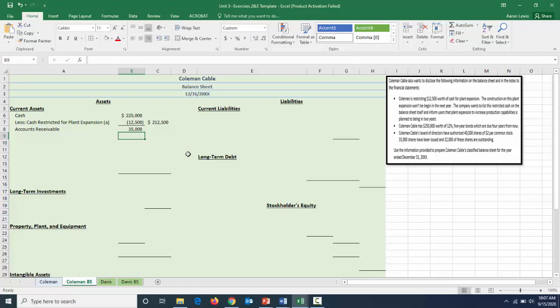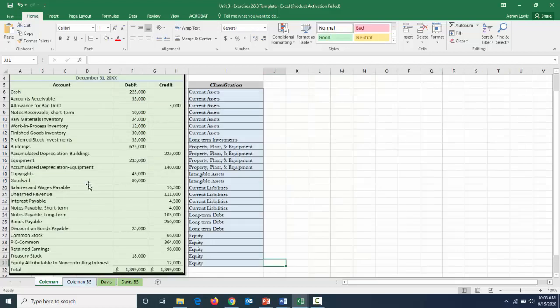That's the total amount of receivables that we have on the books, but we don't expect to collect every single one of those receivables, which means we got to disclose to users of our information what portion of those receivables we think are going to be uncollectible, which we can find on our adjusted trial balance,